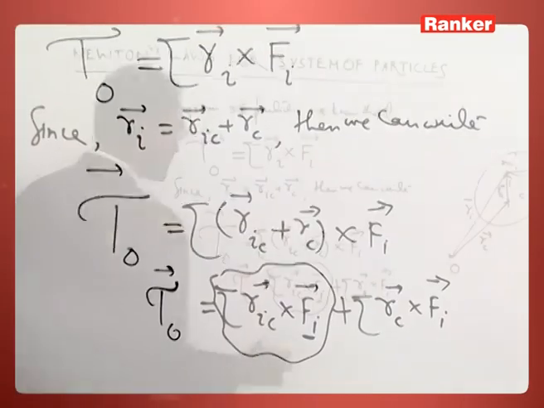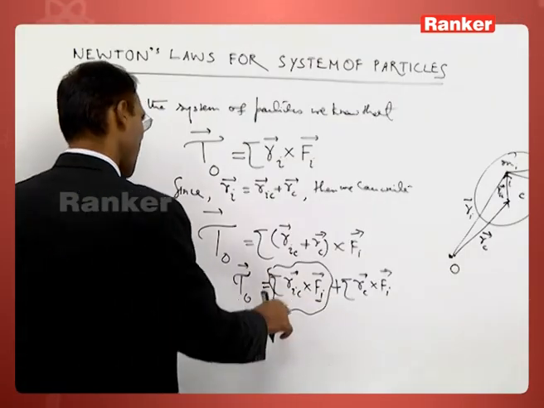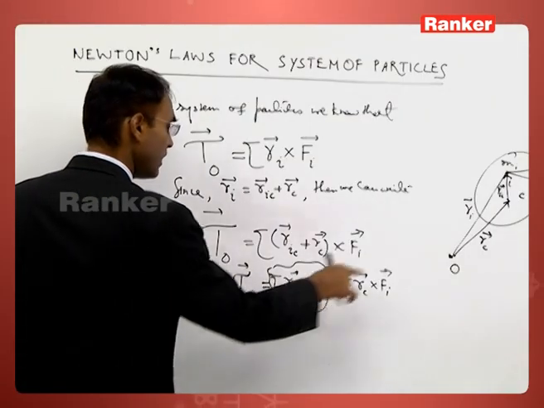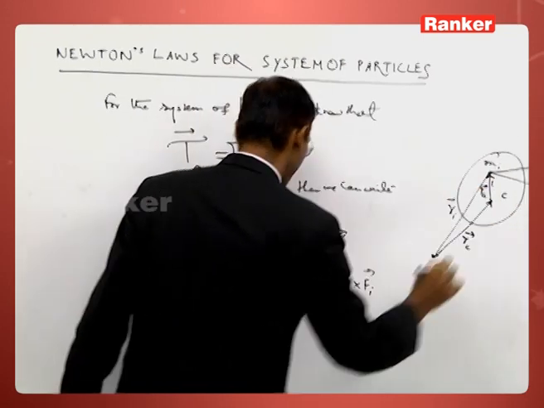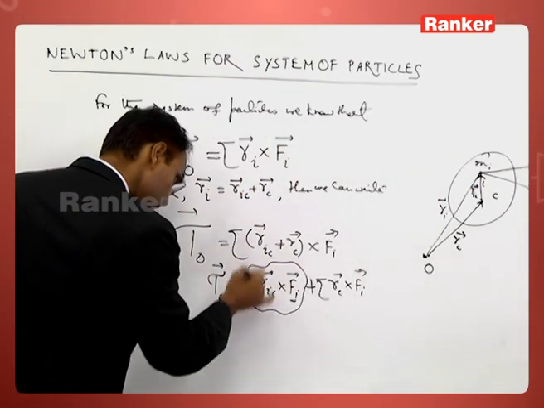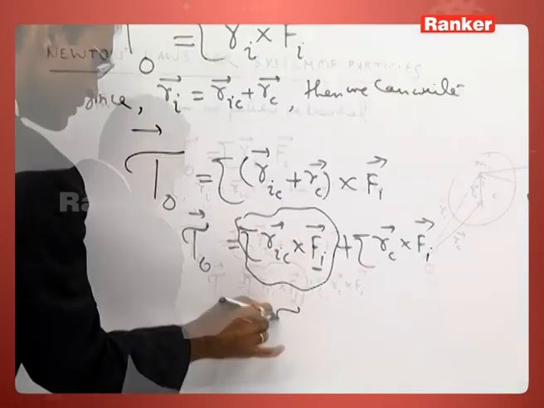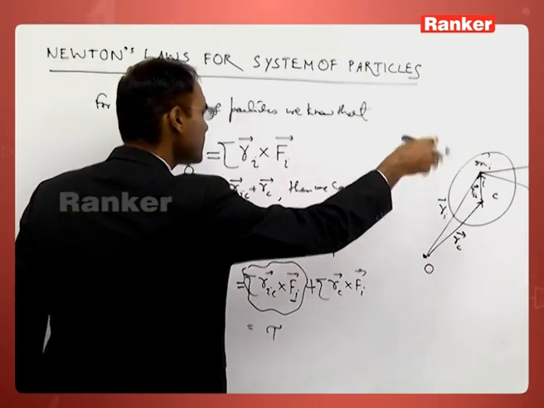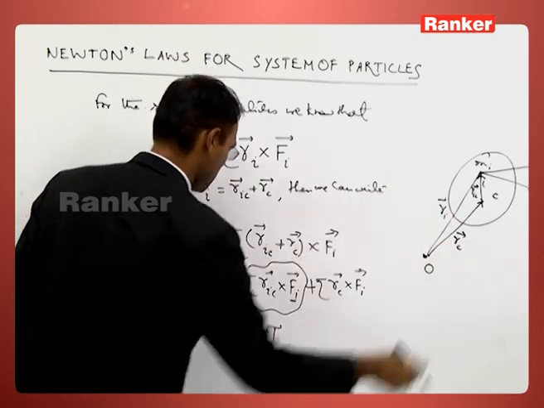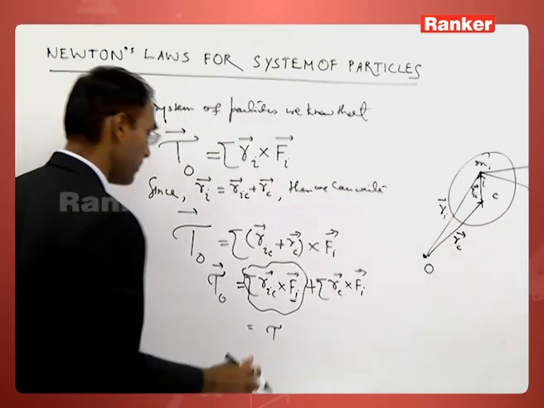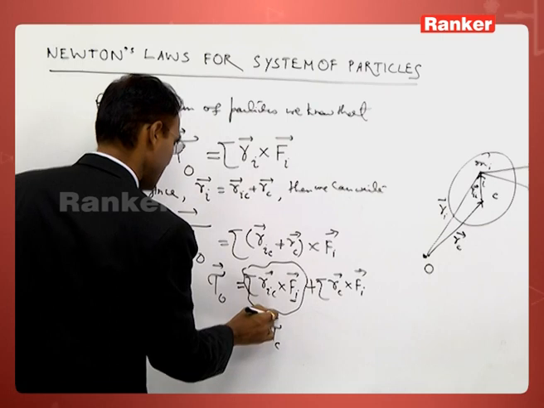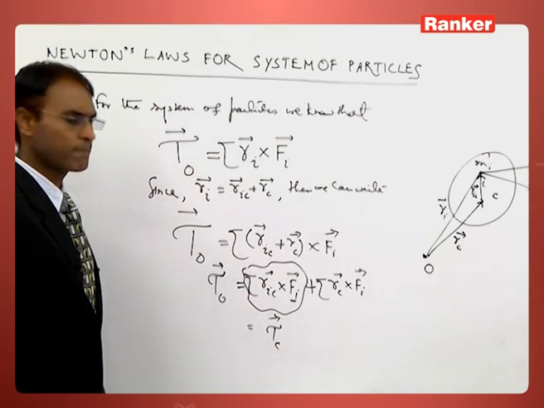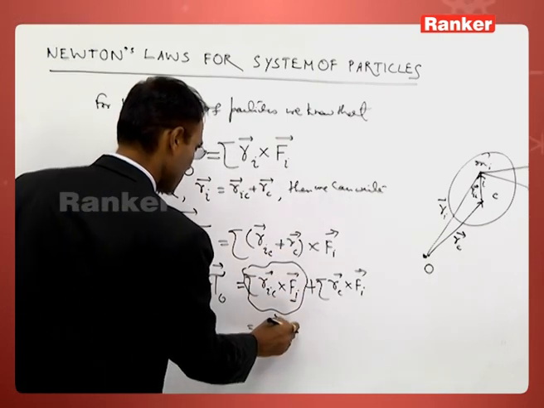Here Fi is the net force acting on the ith particle, and RIC is the position vector of the ith particle with respect to the center of mass frame. Therefore, this is the torque experienced by the system due to all the forces about the center of mass frame. I write it as tau C, plus